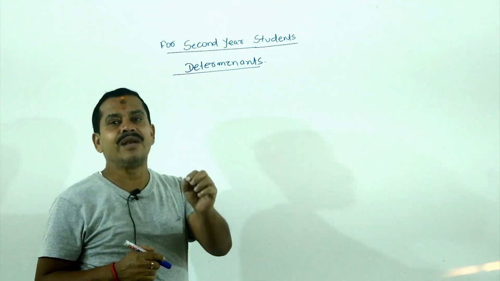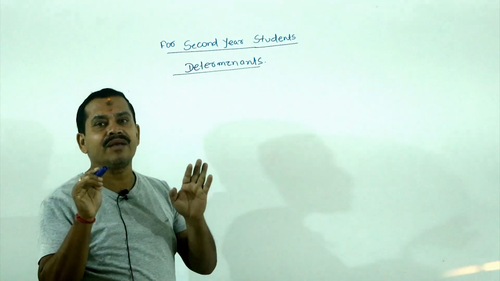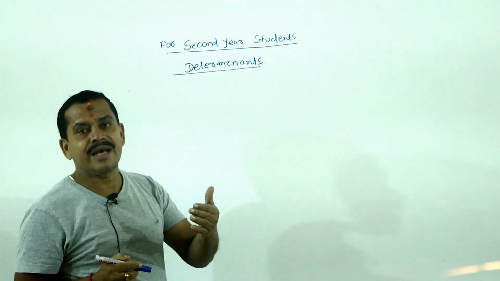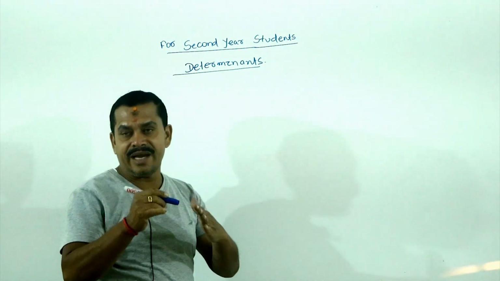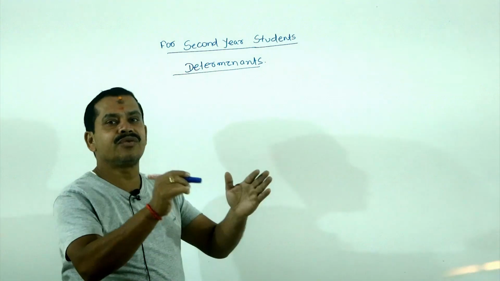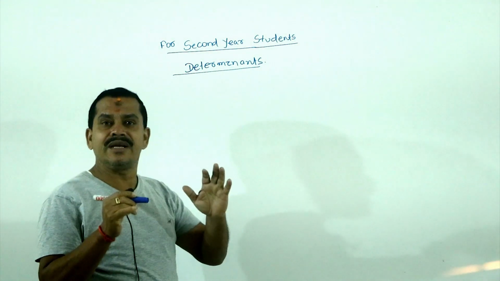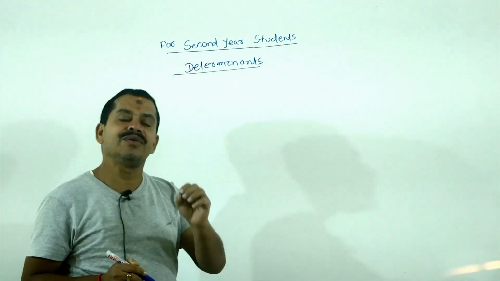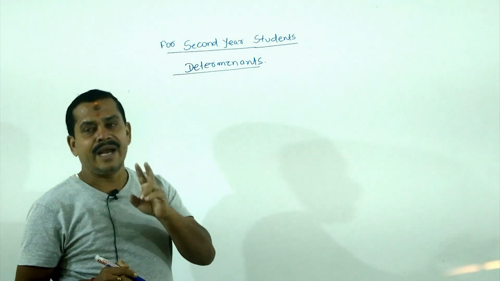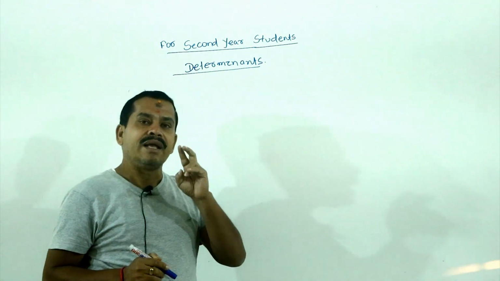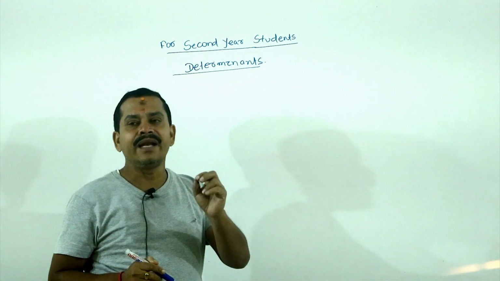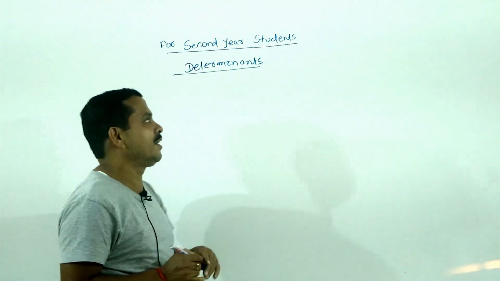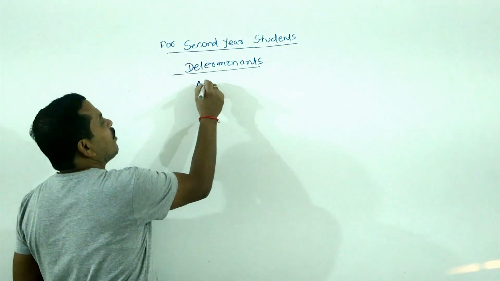Determinant is a particular value, but matrix is not a value. Matrix is the arrangement. Some data or some elements we arrange in rows and columns is known as matrix. But determinant is an arrangement with a particular value. That is the difference between matrix and determinant. And a determinant has an equal number of rows and equal number of columns with a particular value. So, arrangement of